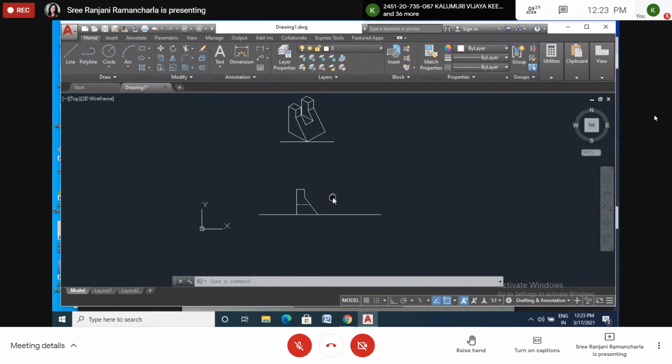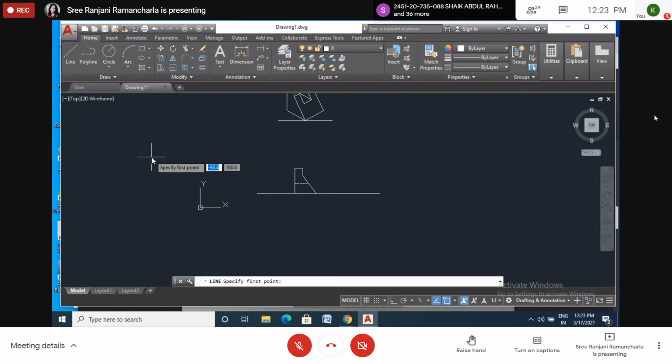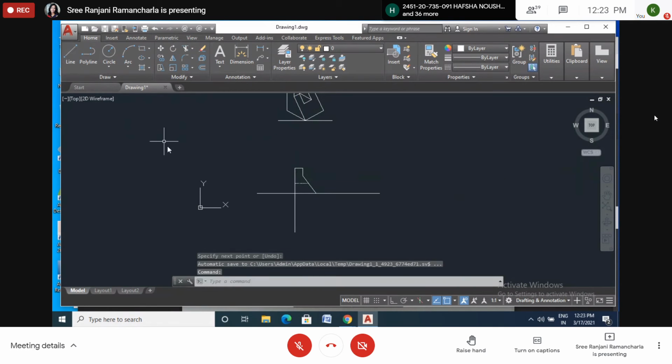So please look at these figures. I'll draw the projectors. Just try to imagine, draw the projectors of some length. Here also I'll draw the projector of some length.